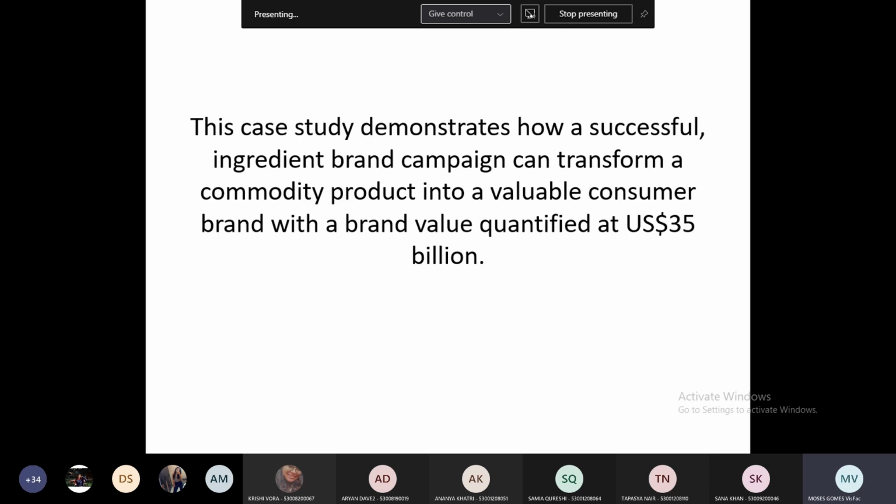So the case study demonstrates how a successful ingredient brand campaign can transform a commodity product into a valuable consumer brand with a brand value quantified at 35 billion USD. There are many such brands you will come across, like for example,